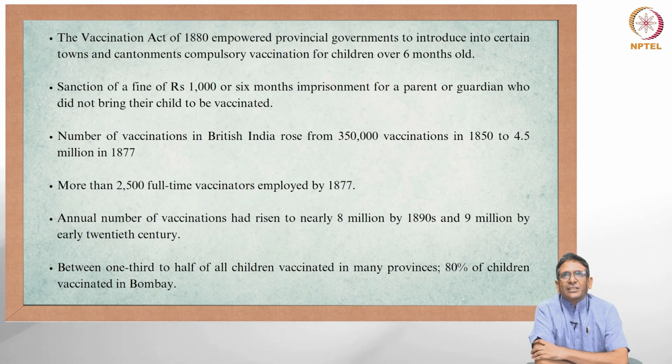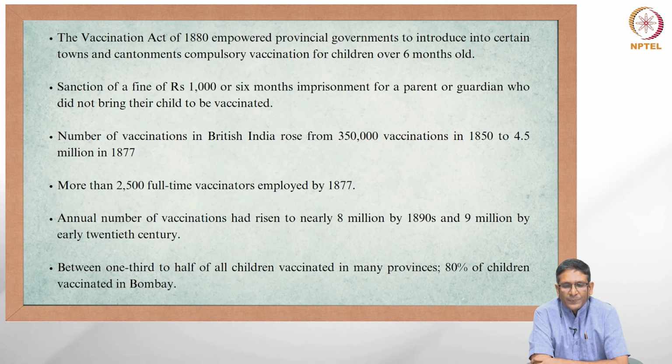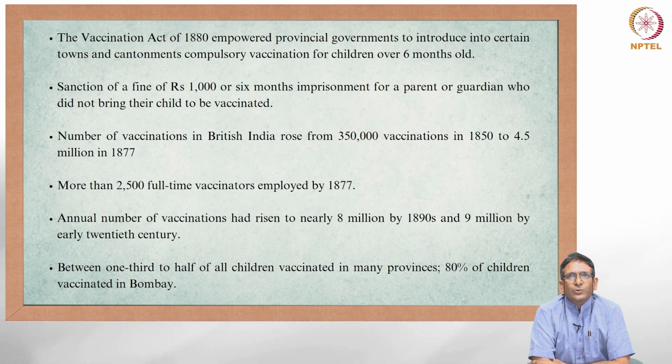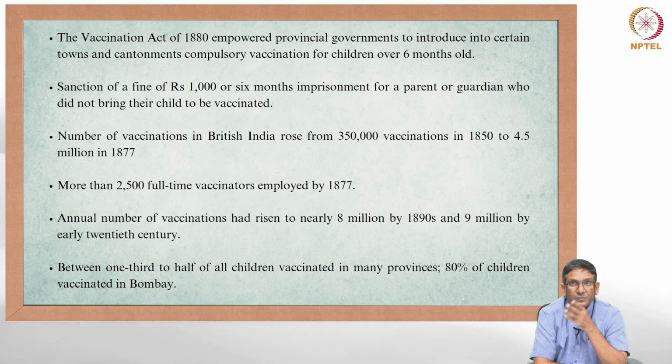The Vaccination Act of 1880 gave special powers to the provincial government to introduce compulsory vaccination into certain towns and cantonments, now specifically for all children above 6 months old, and with even more specific punishments too. For instance, a fine of 1,000 or 6 months of imprisonment if the parent failed to bring the child of that age